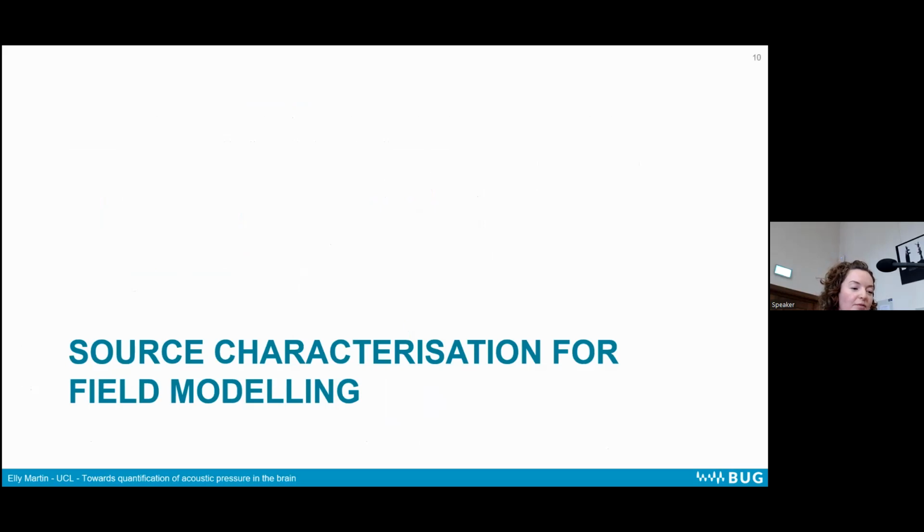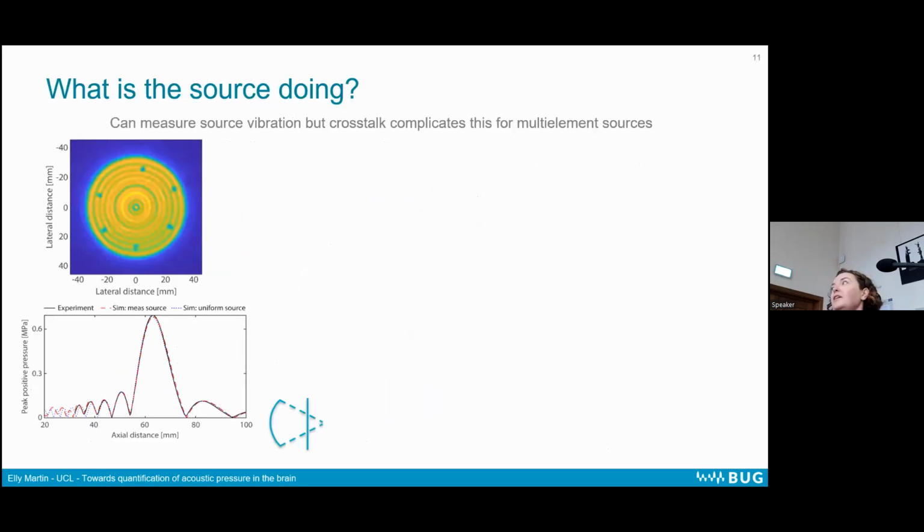Okay, so a bit about source characterization for field modeling. This is more where, rather than just looking at what comes out of our source, we're trying to work out what the source actually does. So when we've got a single element transducer, we can characterize this really well. We can get this lovely pattern of the source vibration, and then we've shown that when you put this back into a forward propagating model, it agrees really well